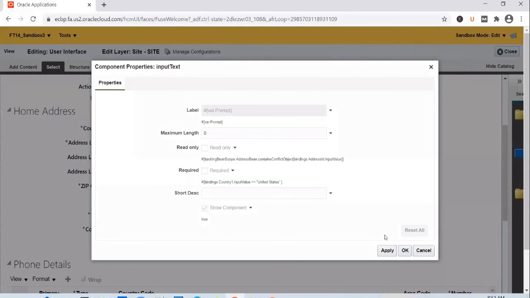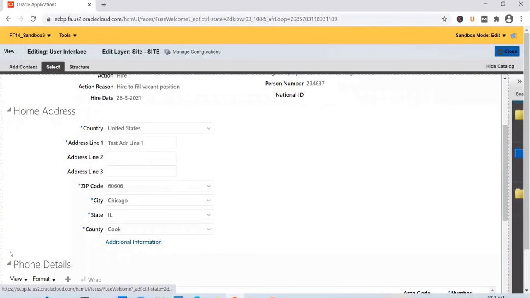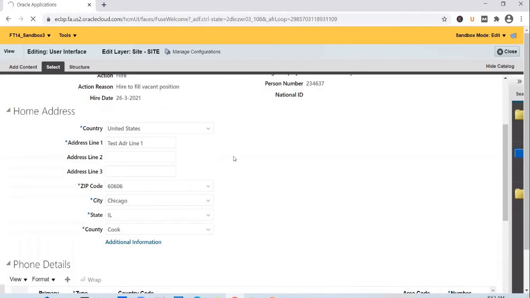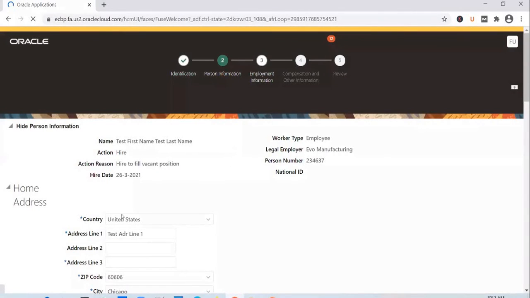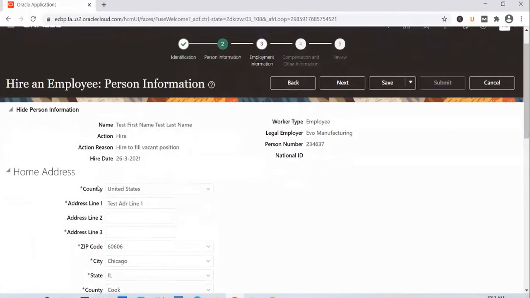Click OK. Apply. And click OK again. Let's close it. And you see that address line 3 has become a mandatory field now.